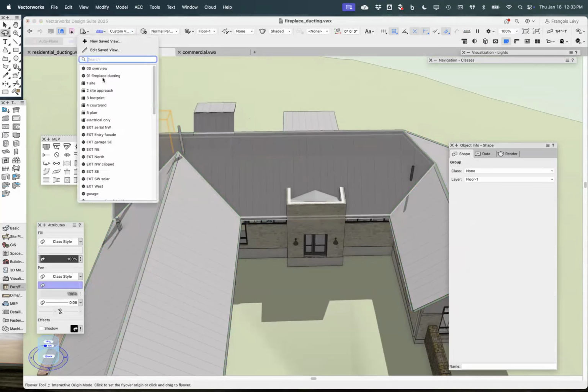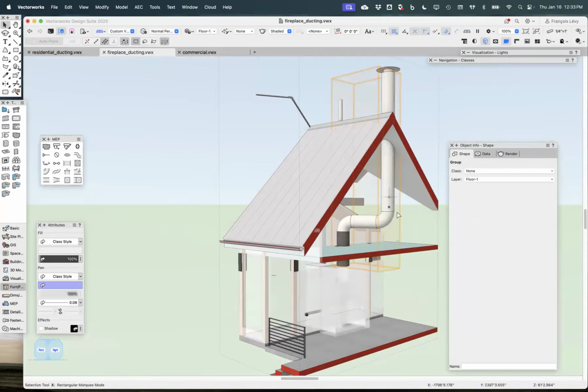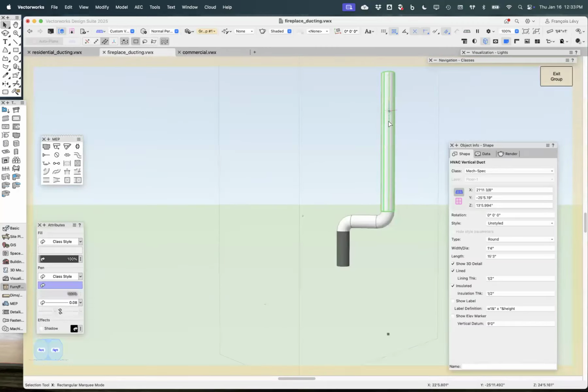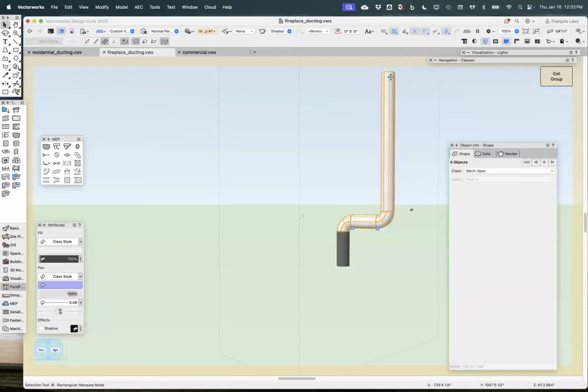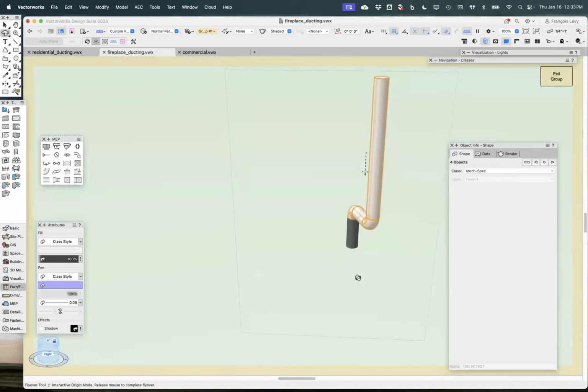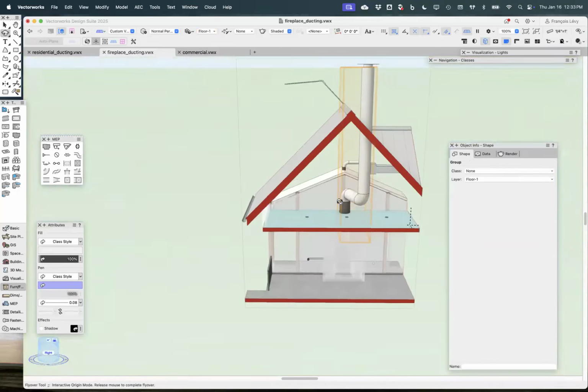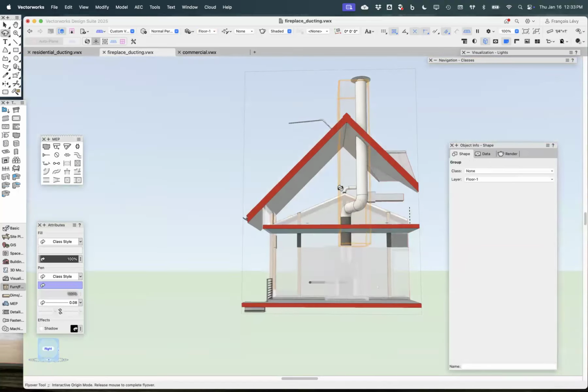And so again, being able to model all of this with the ducting tool was just kind of nice because you could rotate these things about a point and change the angle, so that they don't necessarily have to be orthogonal to your building grid. All right, you can see this is kind of coming off at an angle because the fireplace